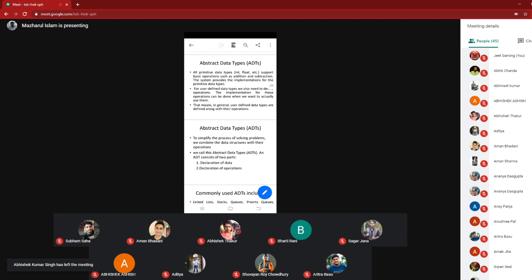An abstract data type has 2 parts: one is the declaration of the data, another is the declaration of the operations. Why is it called abstract? If anything is hidden from you, that is called abstract.